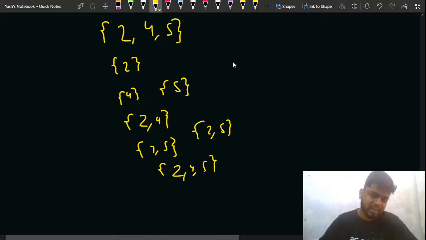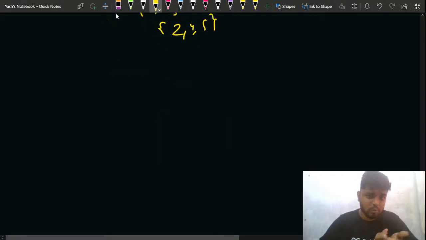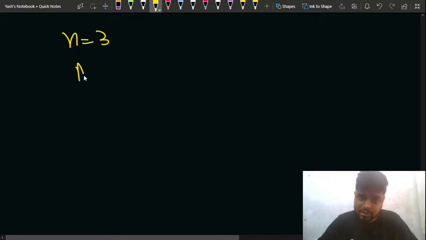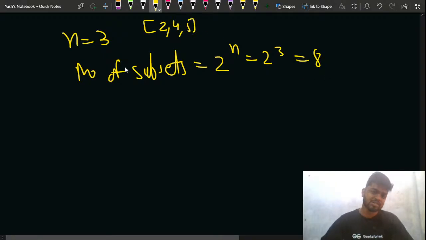So the total number of subsets is what? Total number of subsets is nothing but 2 to the power n, right? So will you generate all the subsets? If you think that you will generate all the subsets, you can see that if the value of n is 3, then the number of subsets will be 2 to the power 3, which gives us 8. So if there are only 3 elements, that is 2, 4 and 5, you are getting 8 subsets. Similarly, if the n value increases, it will not be possible for you to do this,